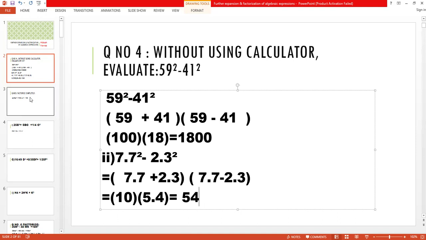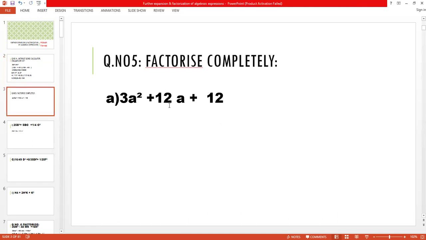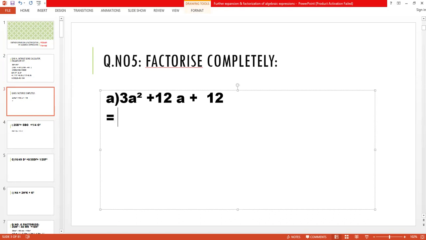Now we come to the last question, that is question number 5. Look here, first term squared plus 2 first term second term plus second term squared. But look here, 3 is not a square of any number. So first of all, we have to take the common, as we have already done in question number 6. Okay, so we have to take common. 3 is a common. You have to take its common, and then you have to write the rest. That is a square plus, in 3 turn table, when 12 will come, 4 times 12, a. Okay, and next here again you have to write 4.